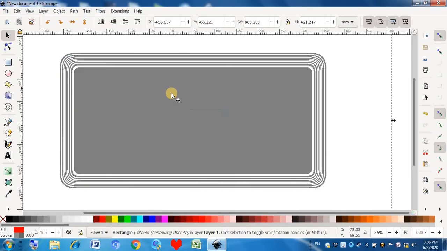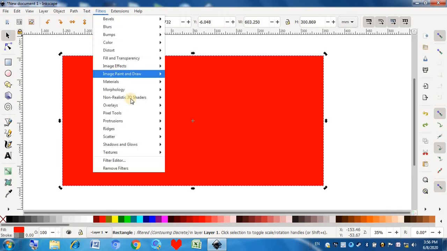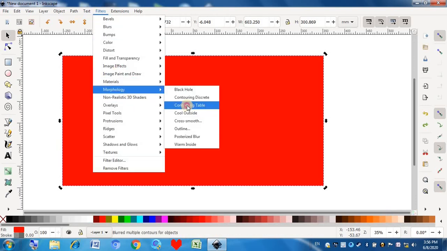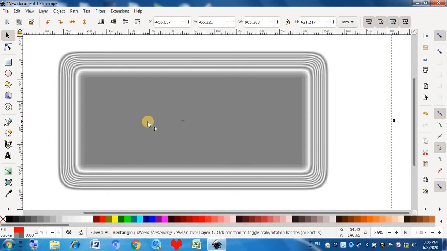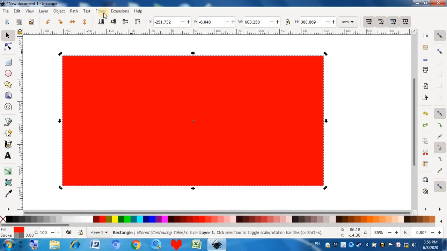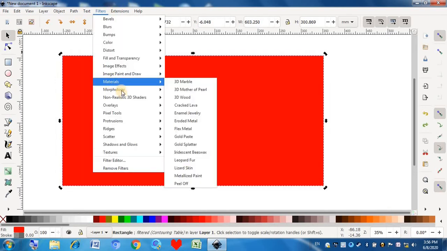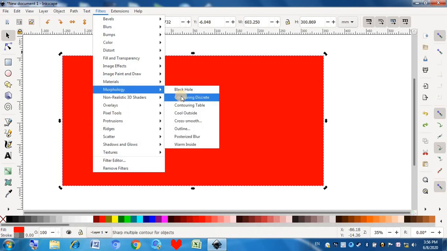Contouring discrete. One of the things I don't like about this is that now this is contouring discrete. Next one is contouring table, which almost looks the same. That's what I don't like about these two. Not morphology, but these two.